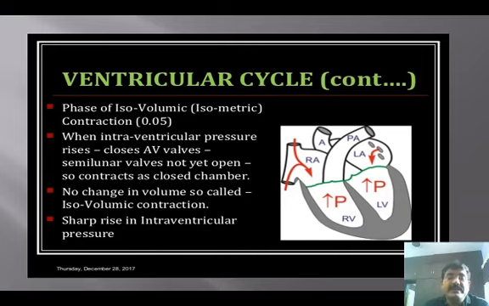When intraventricular pressure rises, the AV valves close, and the semilunar valves are not yet open, so the ventricles contract as closed chambers. No change in the volume, so it is called isovolumic contraction. A sharp rise in the intraventricular pressure occurs here. Okay, so here we already know that the right auricle, left auricle, right